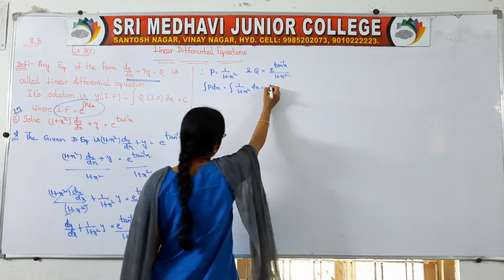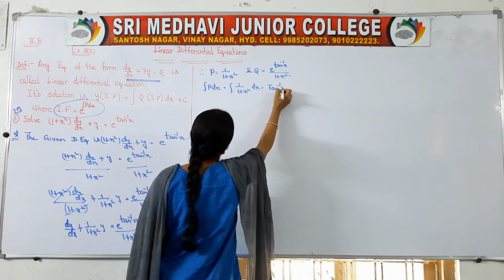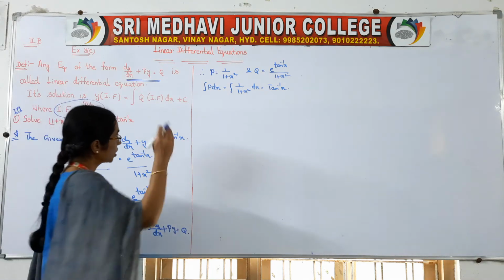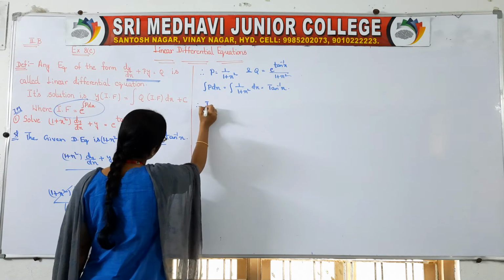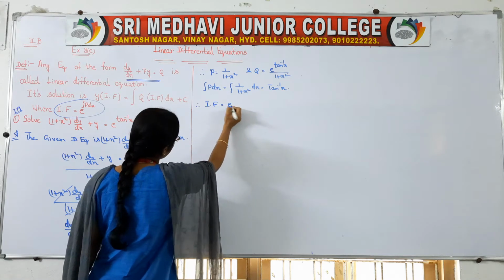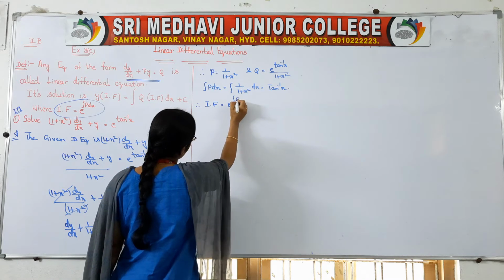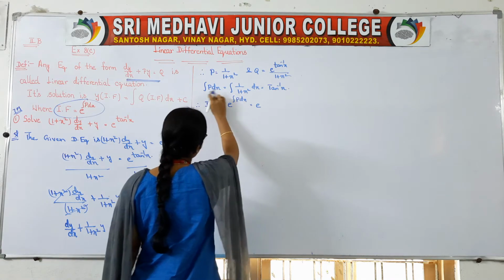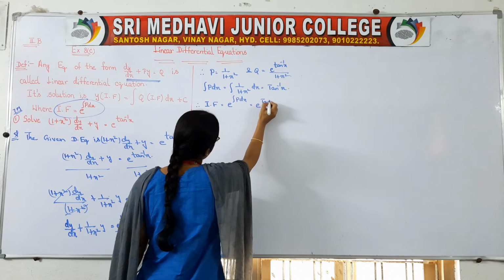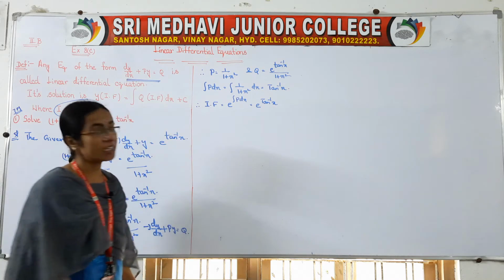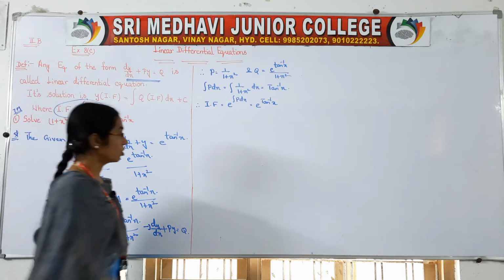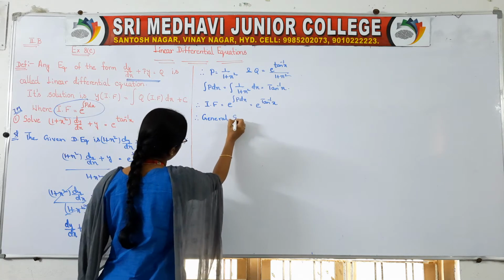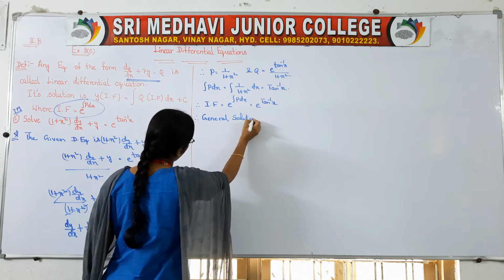What is this? It is a direct formula. It is tan inverse x. We can write capital or small, both are the same. Therefore now you take your integrating factor. Integrating factor is equal to e to the power of integral p dx, so e to the power of tan inverse x. Once we got the integrating factor, we will write the general solution. It is a formula you have to learn by heart.